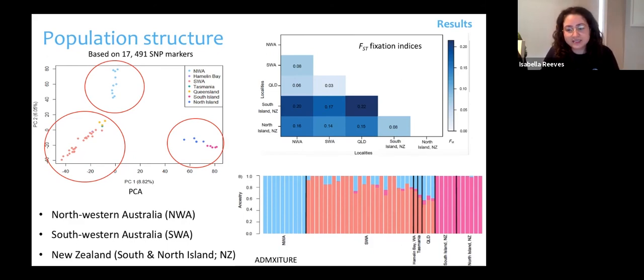However, something I'd like to point out is these strandings. So we did have strandings from the east coast of Australia and also Midwestern Australia, and they have been assigned to the Southwestern Australian population in this graphic. We did do additional assignment tests, and we actually saw that they had low to moderate assignment to this Southwestern Australian population. So what that really suggests is that we don't have the full picture for those regions, and that perhaps it is really just the minimum of three populations that we've found, and with more research we might come out with a few more.